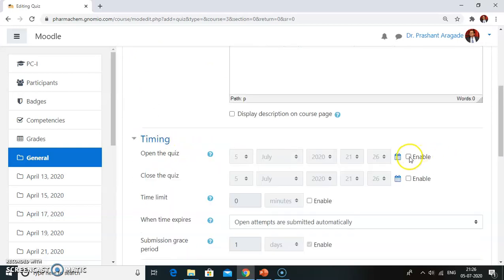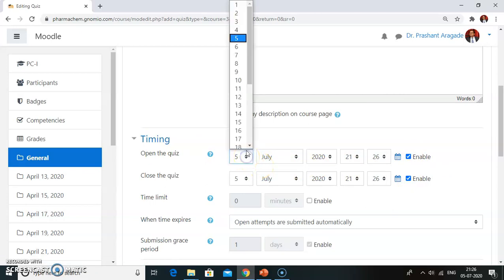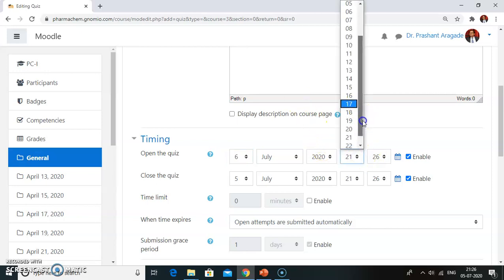Then select the timings. So you can make this quiz available for the students at a specific time on a specific date.